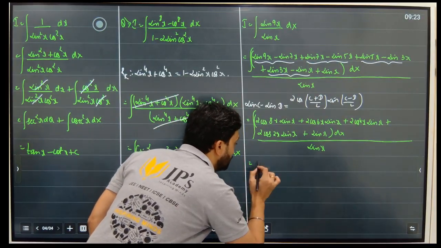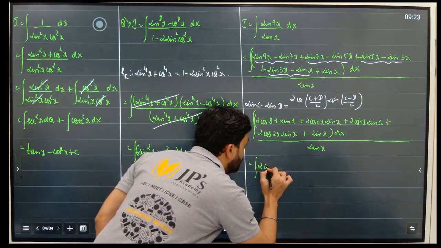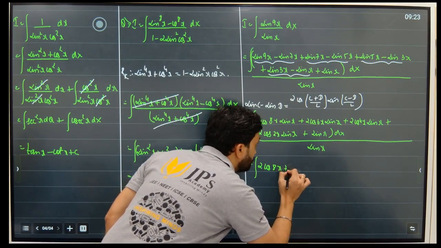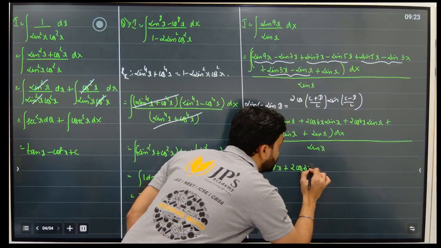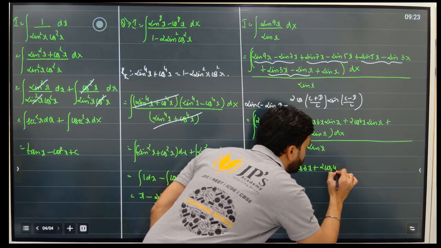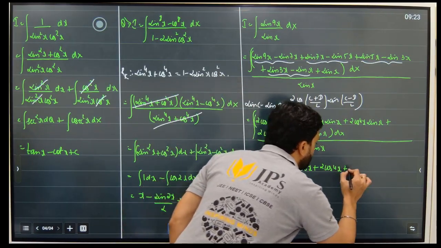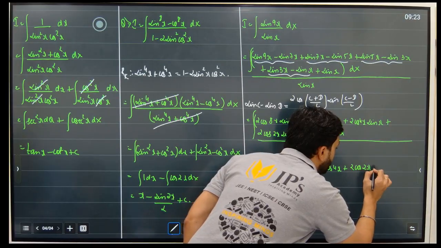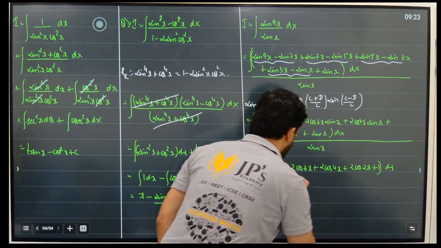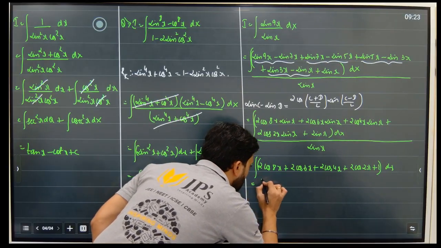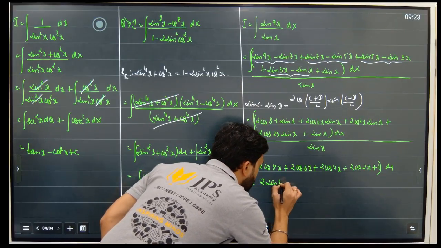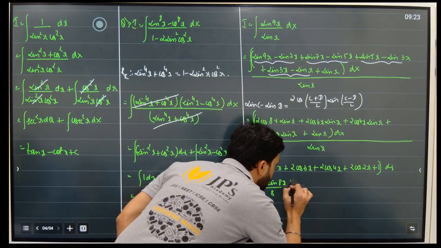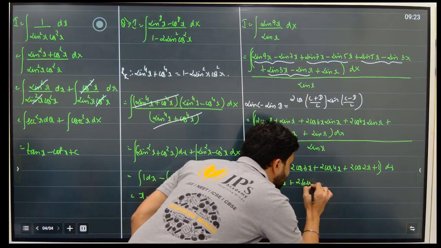So finally I am left with 2 cos 8x plus 2 cos 6x plus 2 cos 4x plus 2 cos 2x plus 1 dx. Now when I integrate this, this will become 2 sin 8x by 8 plus 2 sin